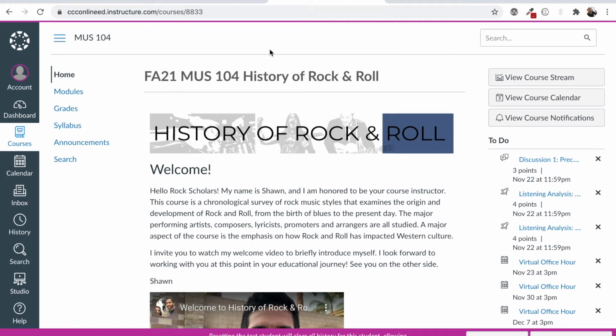The key difference is the course navigation menu to the left has a certain number of links. Doesn't have as many as you'll see in the instructor view. And a minimal set of links works well for students and their overall navigation because you really want them to have available to them exactly what they'll need. No more, no less. So in this case, I have all the course content, including activities,